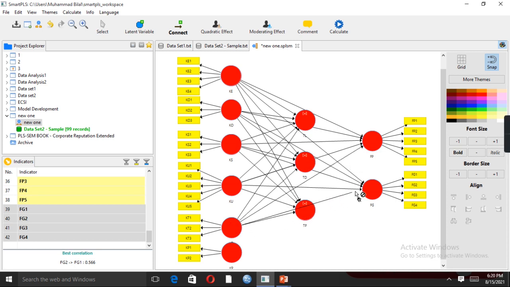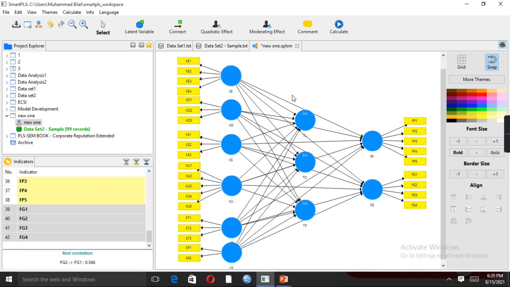So connect all these links. This one is our last independent variable, knowledge exploitation, impacting team learning, team development, team performance and firm performance as well as firm growth. So like this. So now, if you can see, we just connected all six independent variables with our mediator variables as well as our dependent variables.